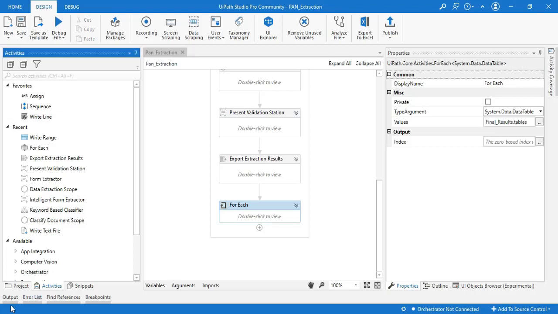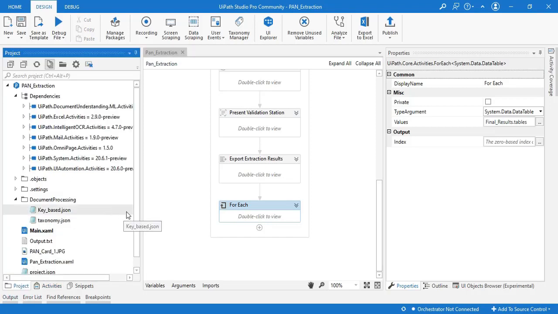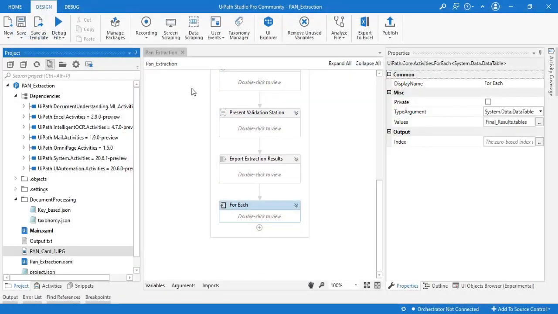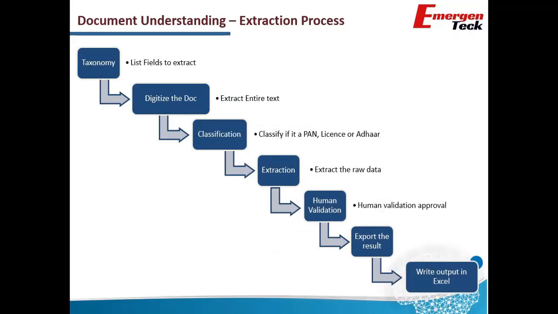Let's check the input first and run the bot. This is our input, it's a PAN card, and let's try running this bot. Soon it will come up for human validation. And there we go.